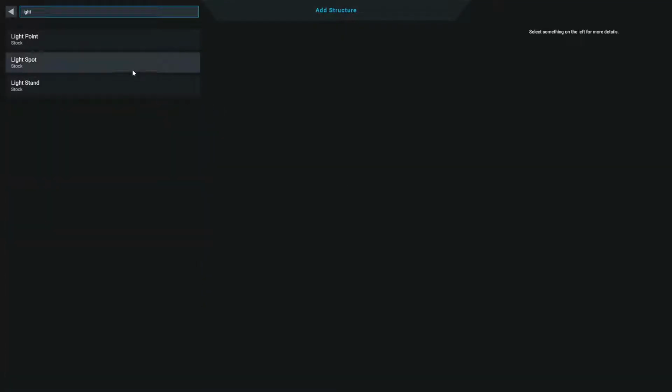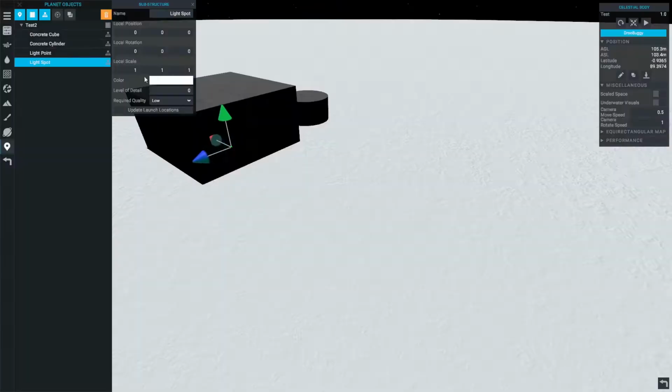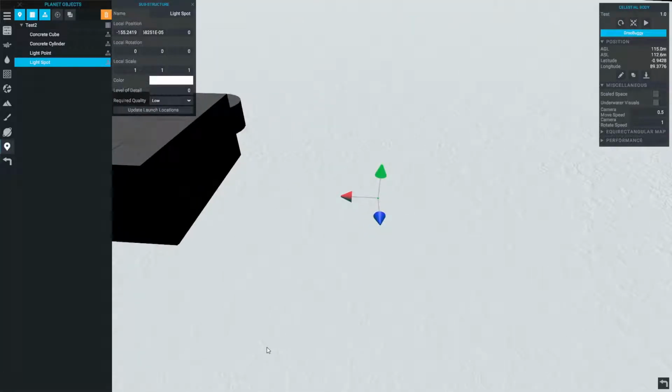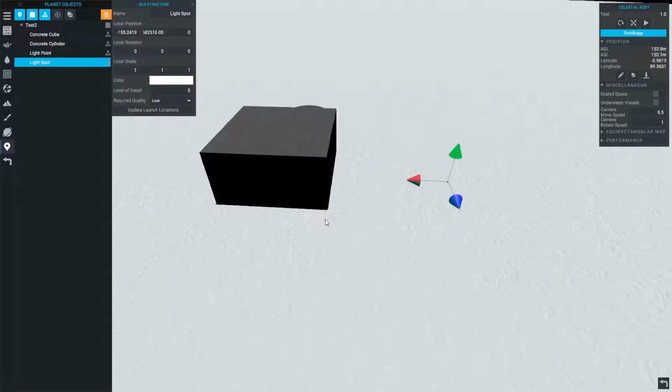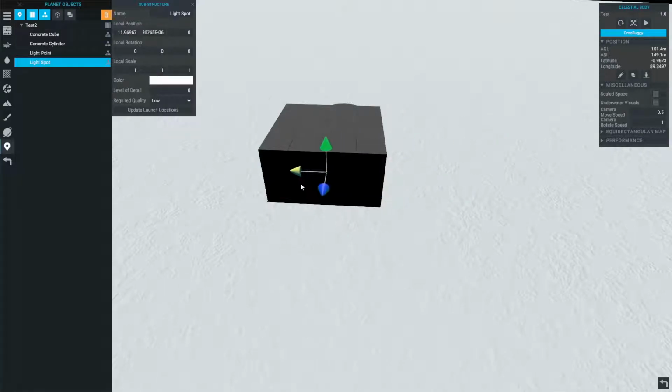Let's add the other type of light though and see what that one does. This one is light spot. This is effectively the equivalent of the spotlight part. There are some additional controls which aren't there with the light point. For example, changing the rotation so that the blue axis points in the direction that we want the light to